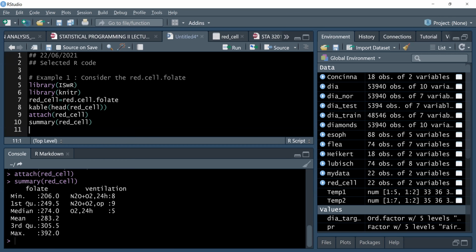Okay, so the first variable is folate, and these are the descriptives: the minimum value and the maximum value, the first quartile, the third quartile, the upper quartile. Then we have the median and the mean. Okay, then ventilation,